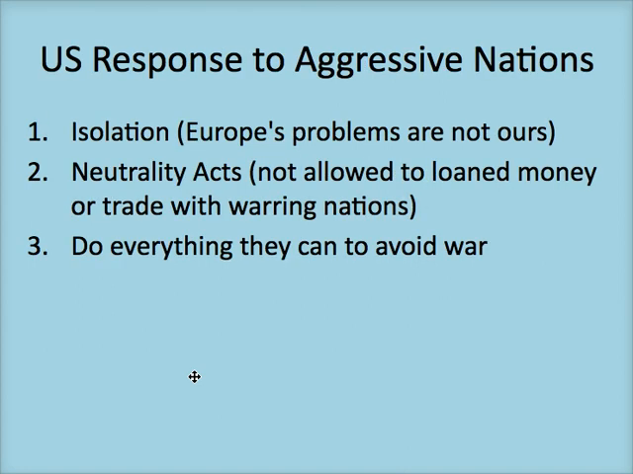So where is the U.S.'s role in this? Well, remember, the U.S. is practicing isolationism. It's Europe's problems, it's not ours. One of the things that they learned from World War I is not to be involved. So Congress immediately passes around the 1930s the Neutrality Acts, which will not allow banks to loan any money or there will be no trade with warring nations. So that way we will not be economically tied